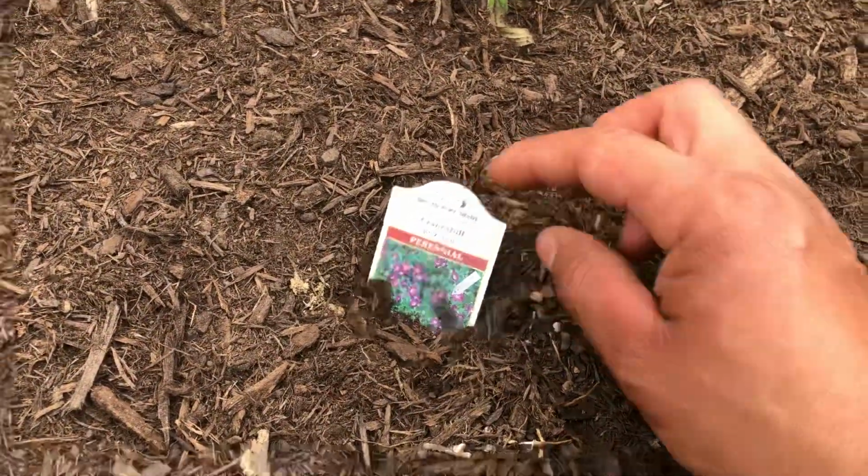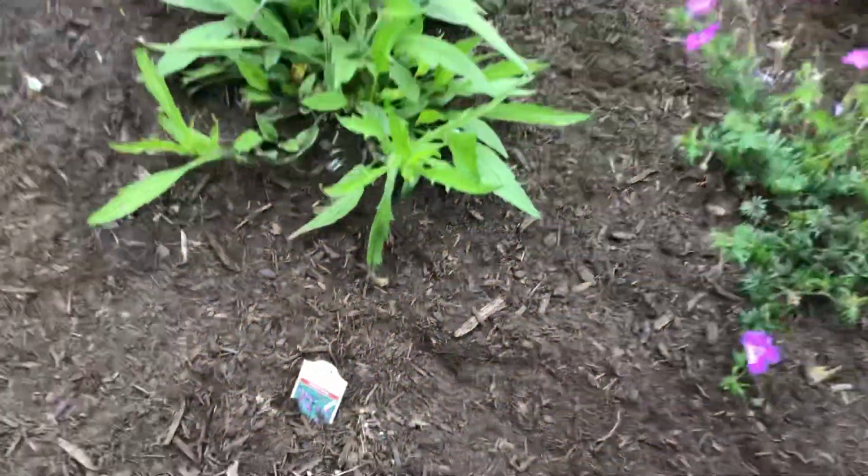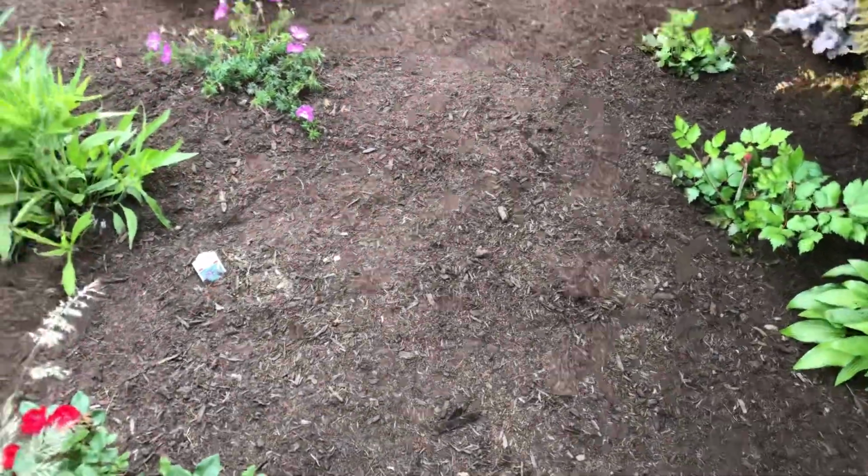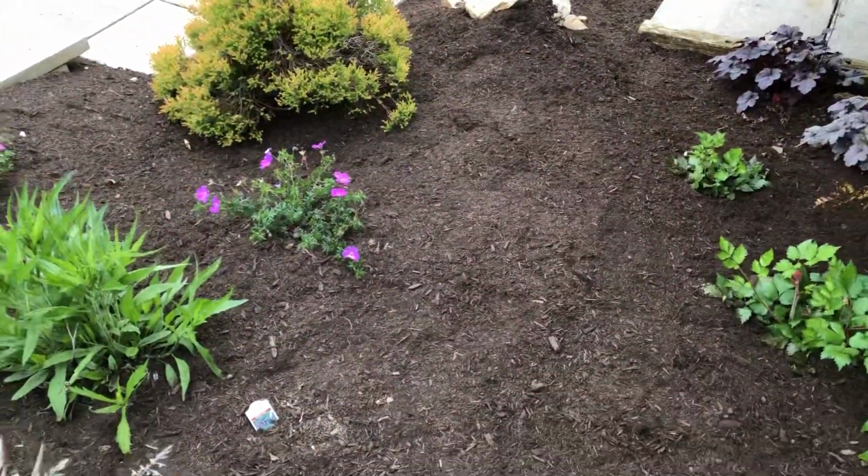Cranesbill Roseanne. For whatever reason, they didn't make it. So later on I'll buy them. But yeah, I got the wrong ones. So